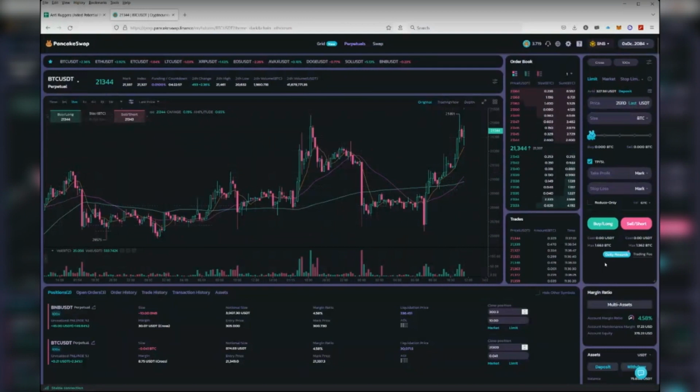The only time it matters is sometimes you have trading fees, and it depends on the brokers. If you do higher leverage, the fees might be higher percentage-wise. So I would basically do the lowest leverage you can to still be able to do the trades you need to do. If the fees are not higher, then you don't really have to worry about it.